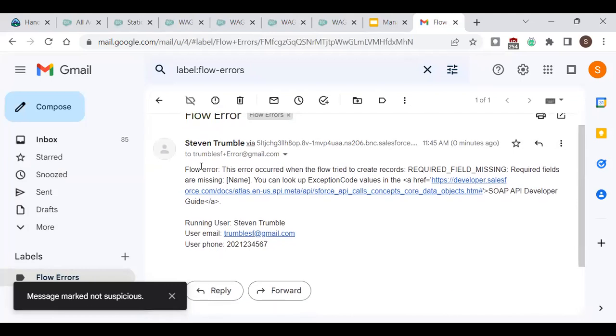And then this is the email body. So the flow error, so this error occurred, and this person was trying to do this, who the running user was. And so in mine, I also put in the user's email address and the user phone. Because for example, you might get a user who makes a lot of problems, or you know them quite well, and then you might be able to quickly just get on the phone and be like, hey, Stephen, hey, John,